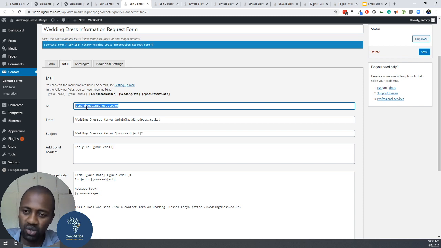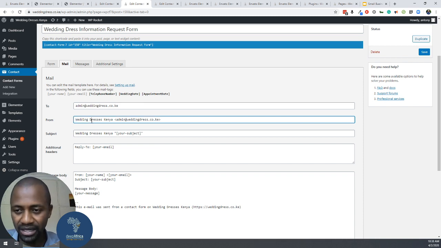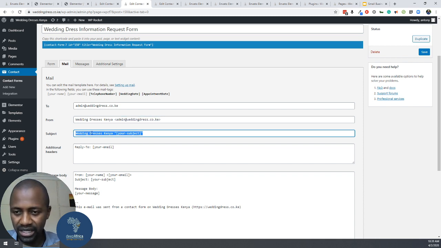When you're saying the to section, you want to say who do you want this sent to? Like, when this form is sent, who gets notified? So this most likely is going to be your email address. So you have your email address set there, and then you say who is it from? You can just leave it default to what it is there, and then the subject is new appointment request from